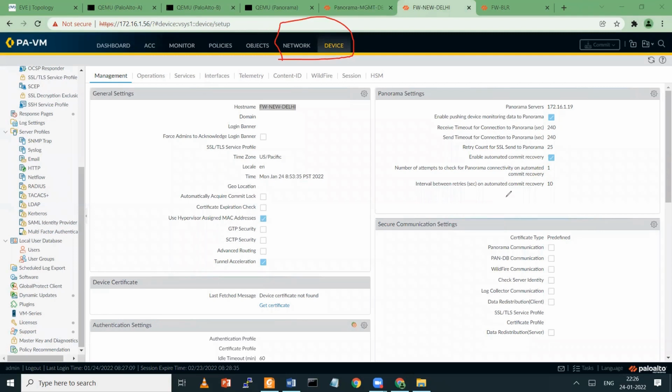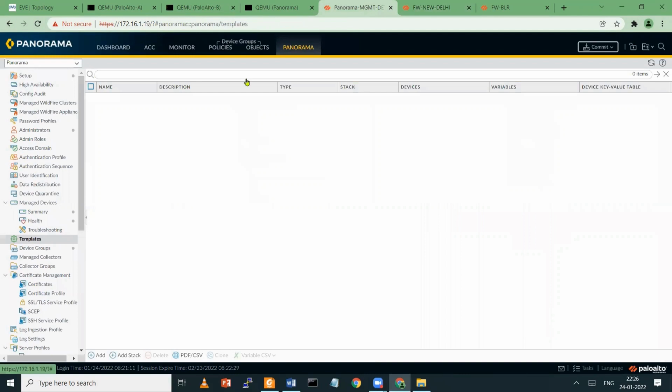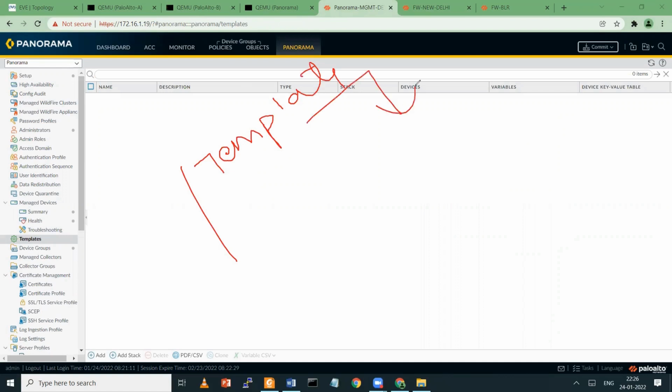So for different sites, I'm going to create different templates and template stacks. So guys, in templates we have two things: templates and template stack. Templates means if you create any template, you are going to manage two settings. One is network, another is device.